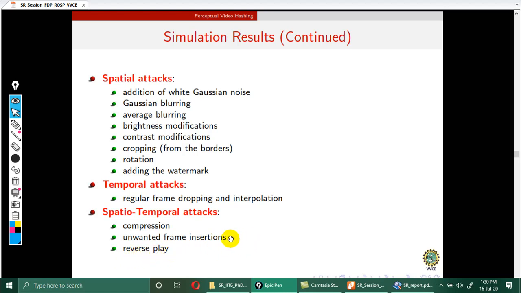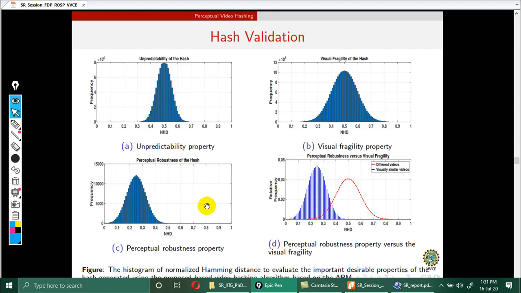So unwanted frame insertion would result in malicious modification, and here the watermark can also be considered as the malicious attack. So we are considering these as the attacks. We have categorized them into spatial attacks, temporal attacks, and spatio-temporal attacks. Now before that, we have to check whether the hash that we have extracted from a given video satisfies